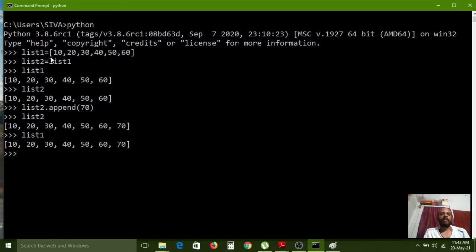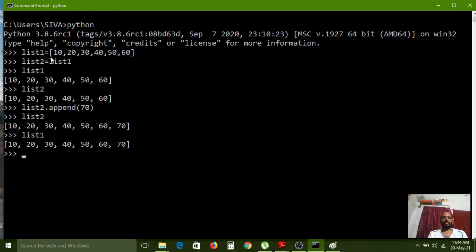Here also the 70 value is updated, because if you update any one list, list1 or list2, then the second list is also reflected with that updated value. Like that, we can copy a list from an existing list.